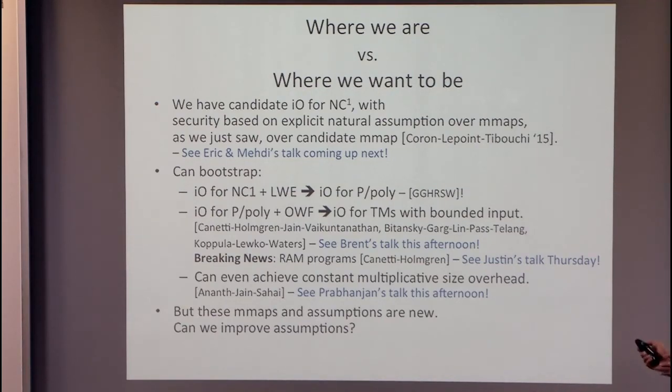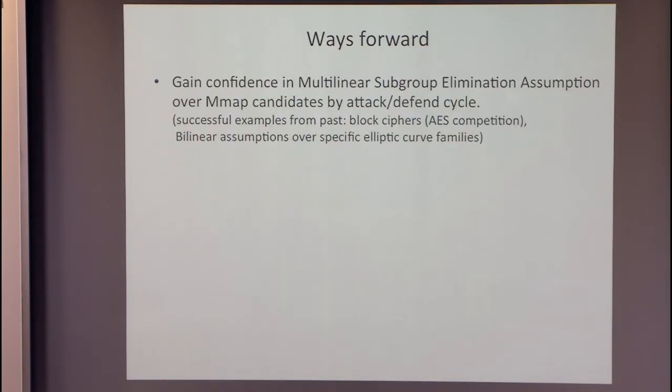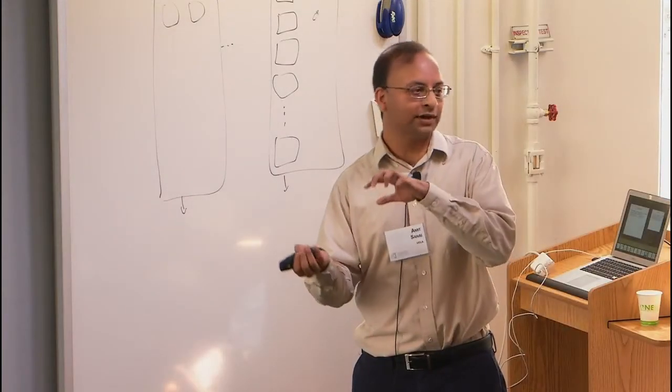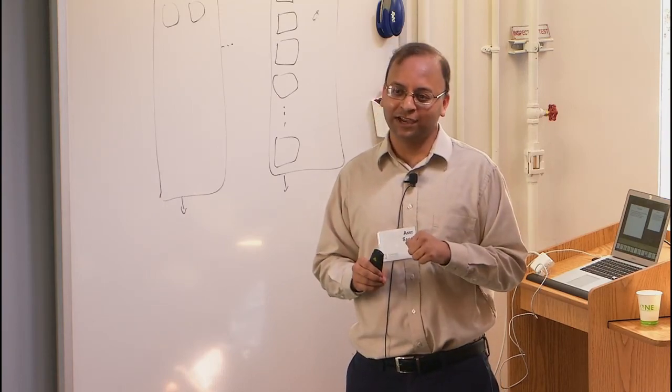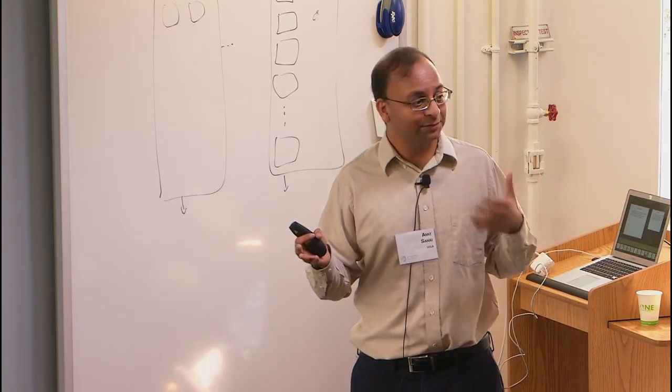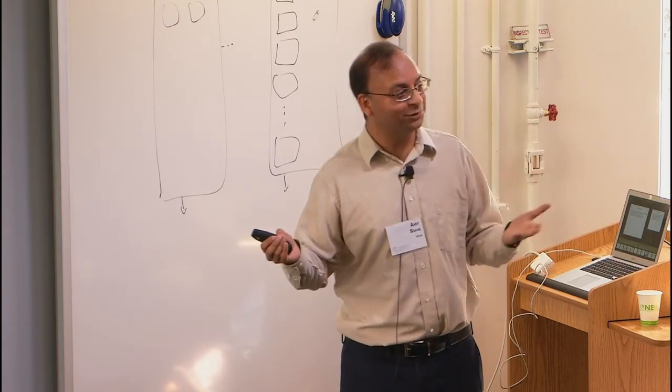But again, these are new assumptions, and new M maps, which is unexplored space. So what can we do about that? There are a few ways forward. Right now, with regard to multilinear maps, we're in this sort of attack-defend cycle. We want to come up with new math, then attack it, and then build it back up, which probably doesn't leave all of us very satisfied, but it's been a very successful way of doing crypto for